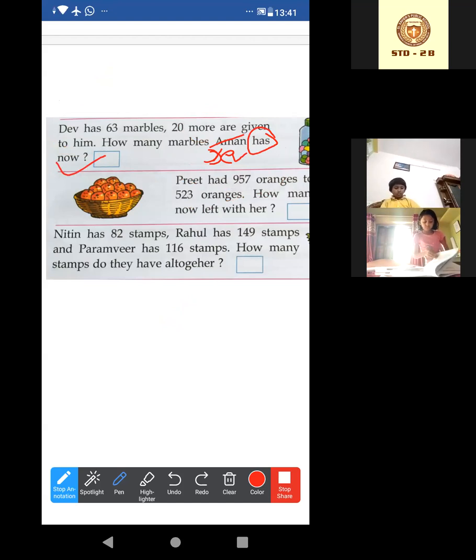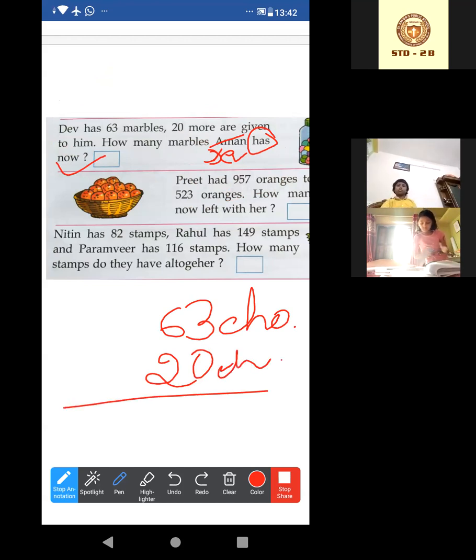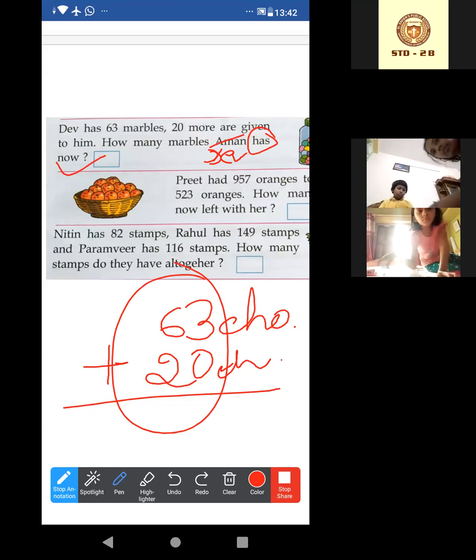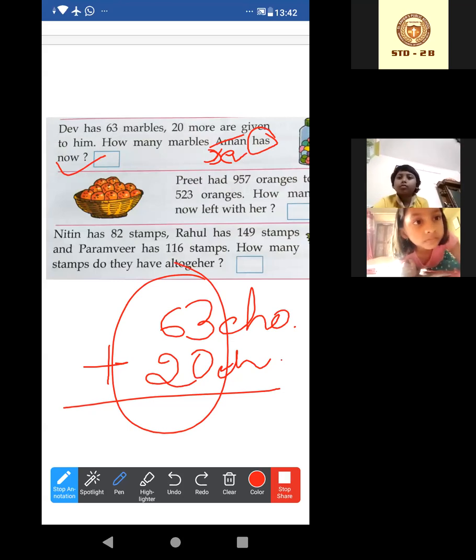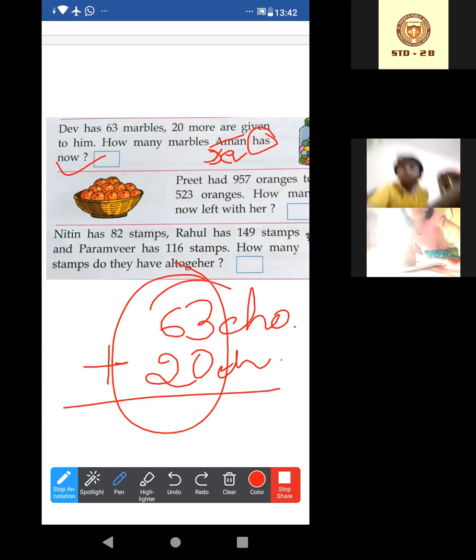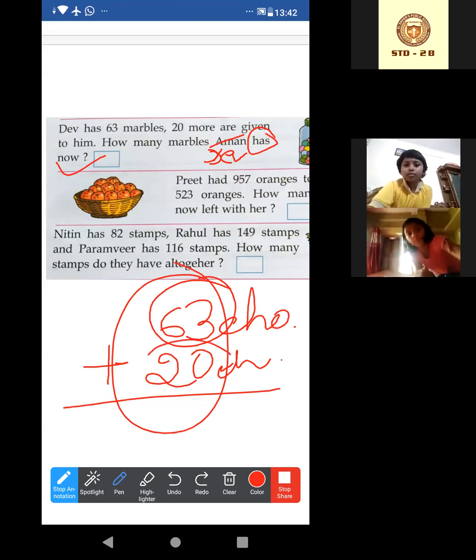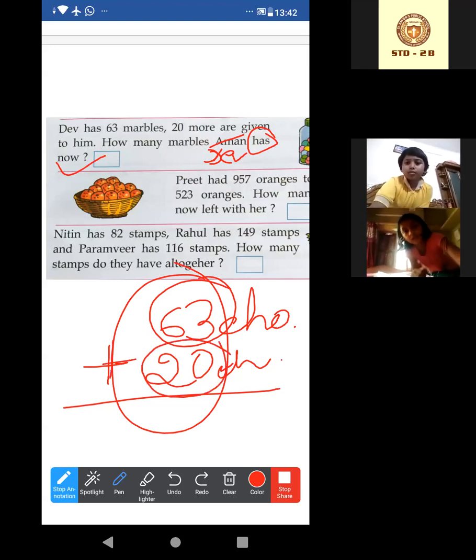Suppose Rahat has 63 chocolates. Okay. I have given 20 more chocolates to Rahat. So right now, how many chocolates do you have, Rahat? You will add now. Okay. If understood, then just shake your heads. Ifra, Jennifer, understood? Yes, okay. Jennifer, if we have 63 chocolates, then we are giving 20 more. Total will be how much? Addition, so.